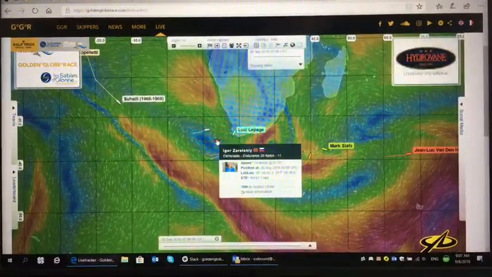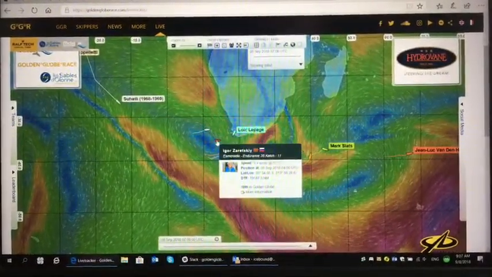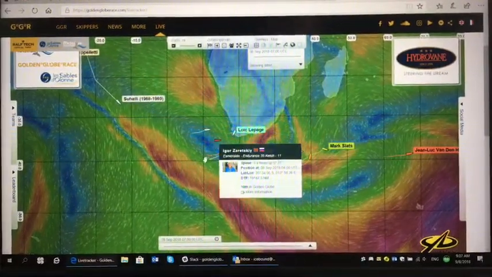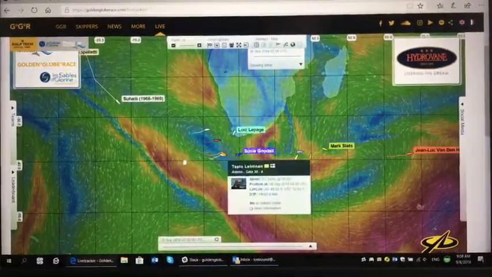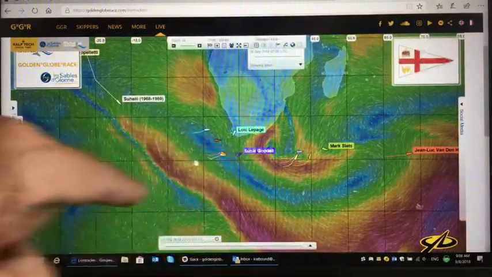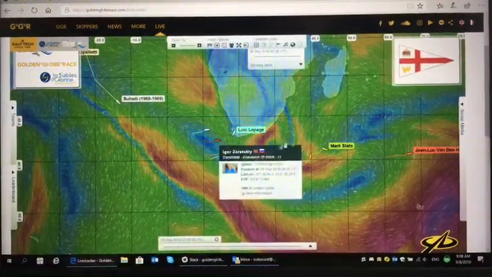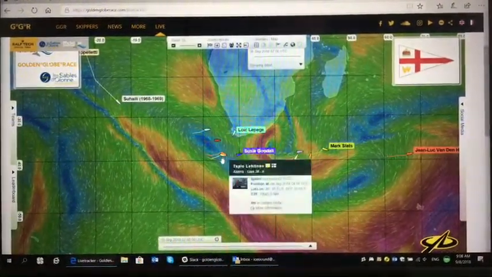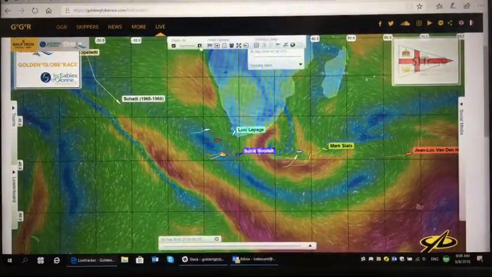Igor's doing 3.4 knots, so obviously he's running out of breeze. He's slowed down a bit. Anything that's above the 40th parallel here, that's 40, is potentially hard to get to the east. So you try and get down south. If we zoom in on